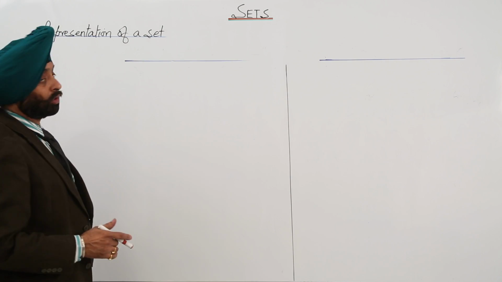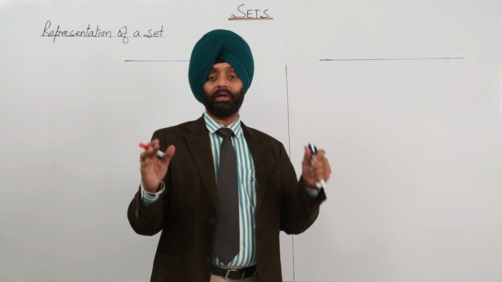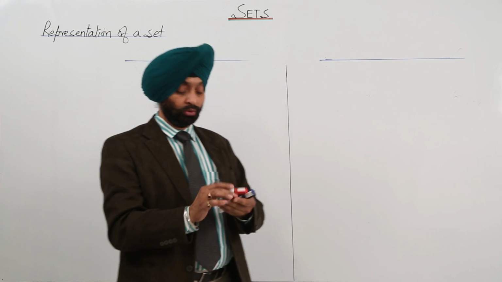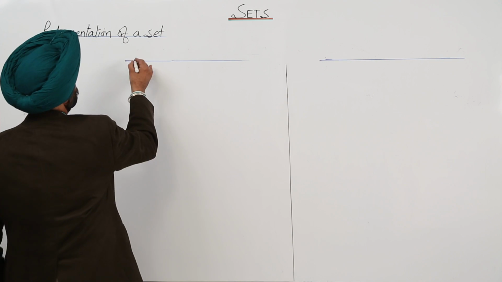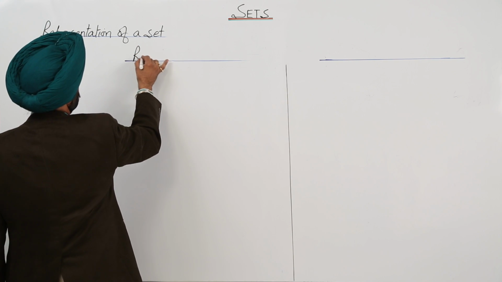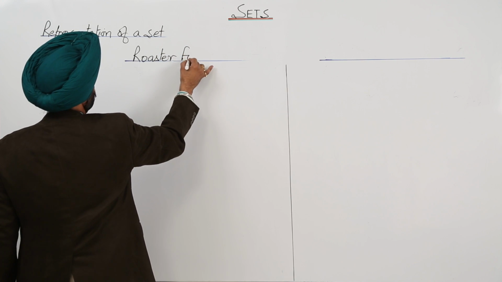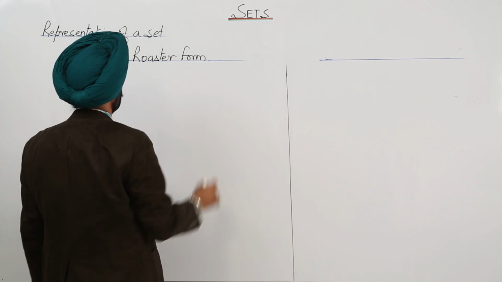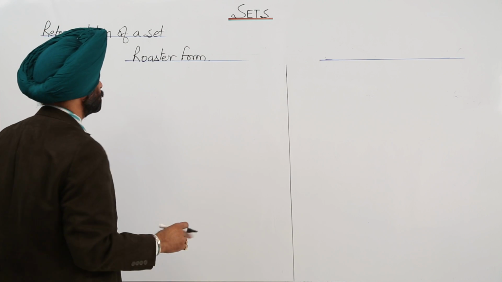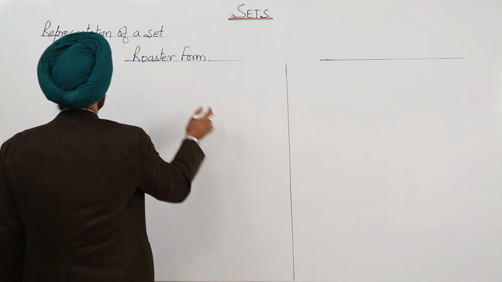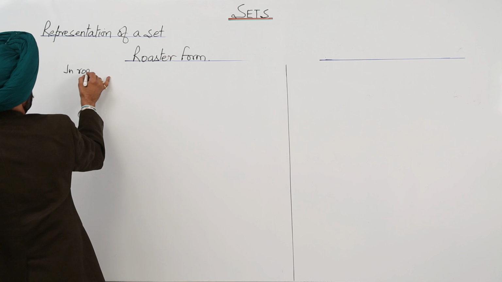Now, representation of set. When a set is given to us, how are we representing it, and which terms are we going to use for the representation? Number one term is roster form. Now in the roster form, how to represent a set? Just look here. Now in roster form,